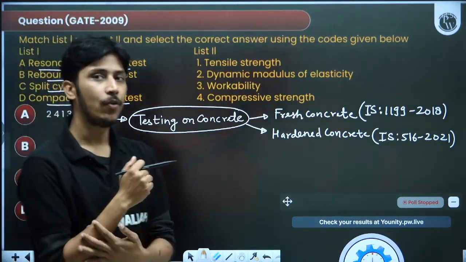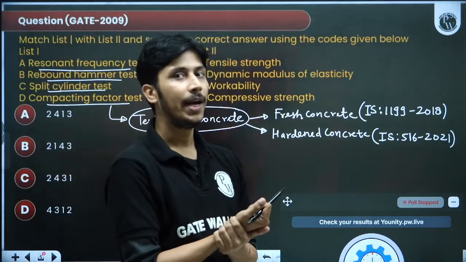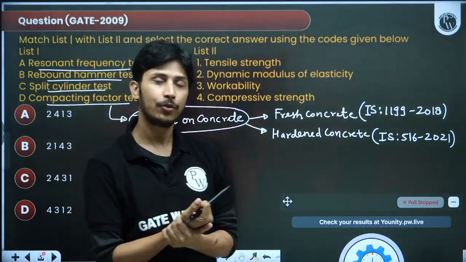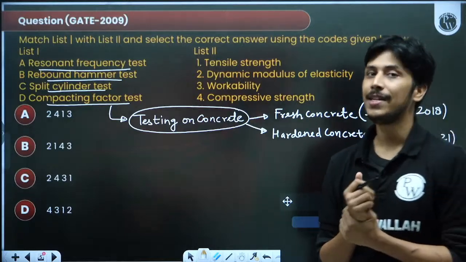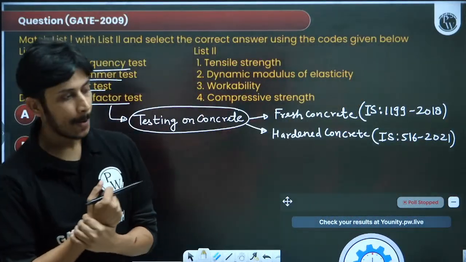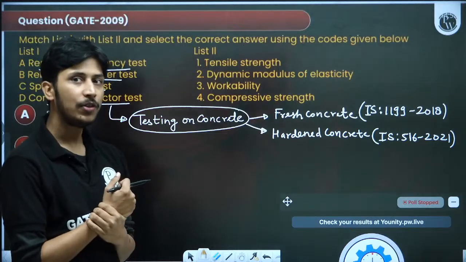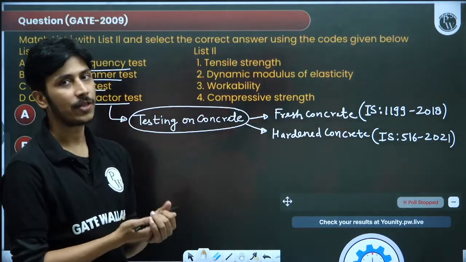Like the earthquake code, a lot of students will say IS 1893 is the code of 2002, but no, it has been revised. It has been revised in 2016. So IS 1893 is the latest code, that is 2016 now. So these things you must know. Like 3370, like 10262, everything you must know, at which year was the latest revision.